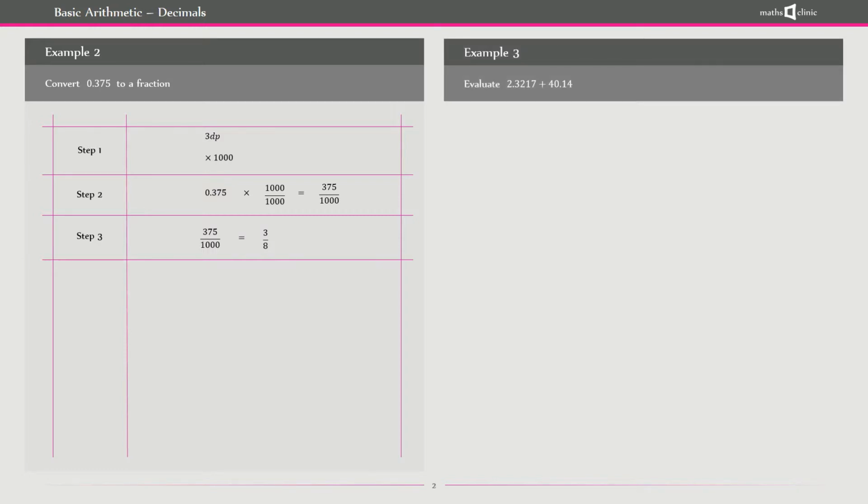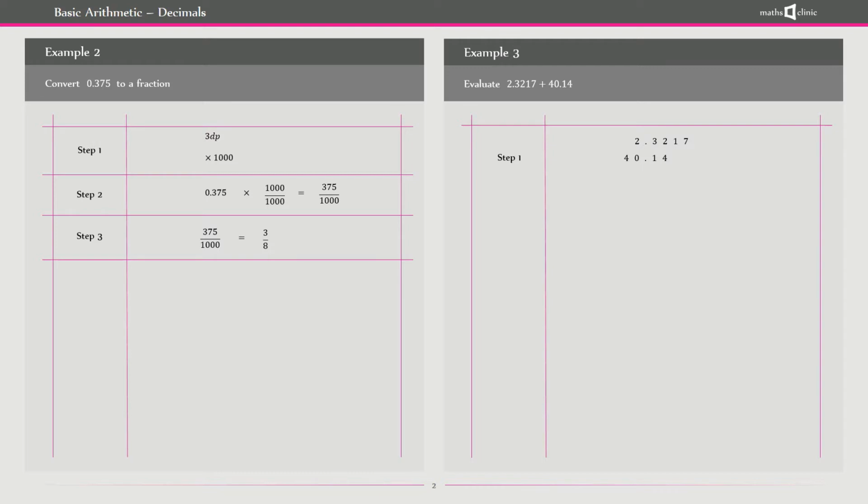Example 3. And example 3 says evaluate 2.3217 plus 40.14. Okay, so now we want to add decimals, and adding decimals is also fairly easy. Okay, step 1. I think we actually just have one step, to be honest. So we have 2.3217 and